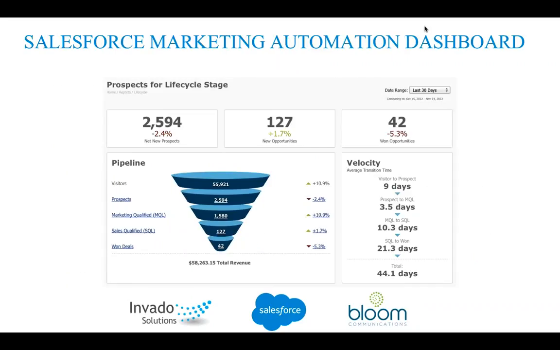So here's just a sample of the marketing automation dashboard. This is actually from Pardot in Salesforce. Even though there are 2 pieces to Salesforce, there's the Marketing Cloud and Pardot. This is talking about how people on the left-hand side are moving through the funnel. Like, how many leads are we getting inbound from different campaigns? They call them prospects. How many of them are becoming marketing qualified leads? That's when you're passing them over to sales. So I'm going to track and measure that in an automated fashion. I'm going to talk about which ones have been handed over to sales to be a closed deal, and then how many are we actually winning, right? So at the end of the day, I could say, okay, this is how many visitors we had to the website, how many prospects we created, and we closed in this situation $58,000 in revenue.